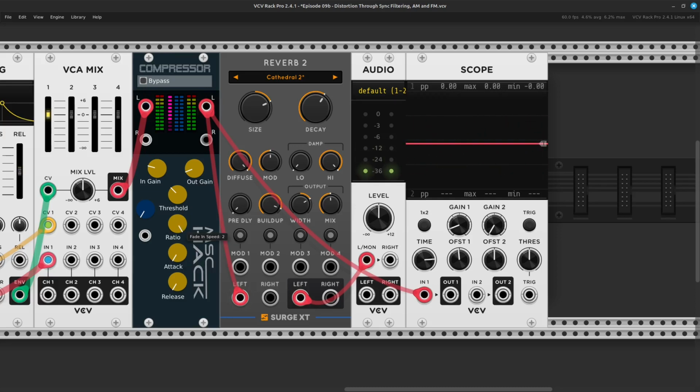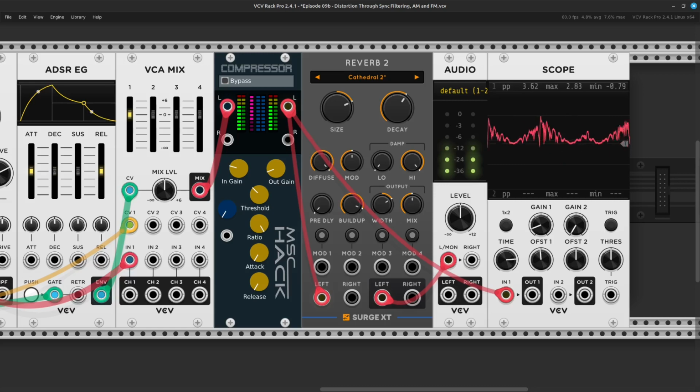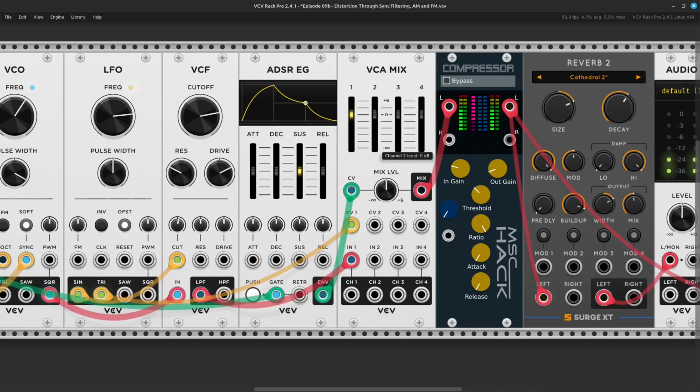I'm just turning the ratio all the way up. So you can work with the filter to